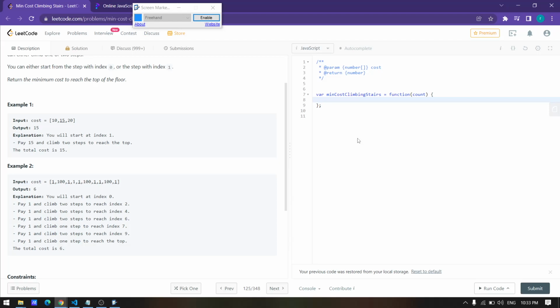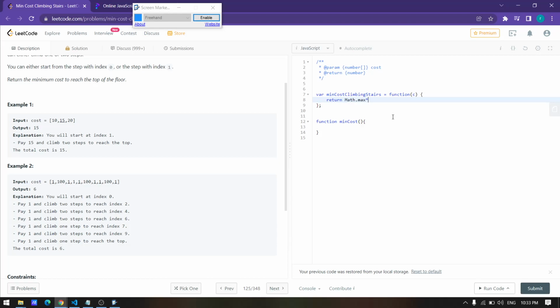So I'll create one function here, minimum cost, and it will give me the output. So what I have to do is, let's suppose I have changed it to C. Now I'll declare one let value is equal to, I'll just simply return that minimum cost,